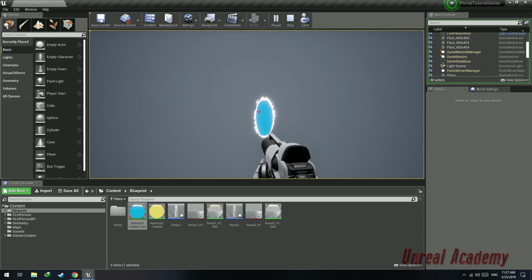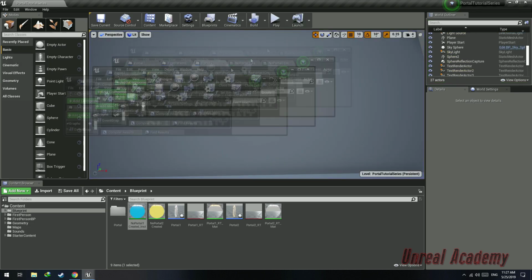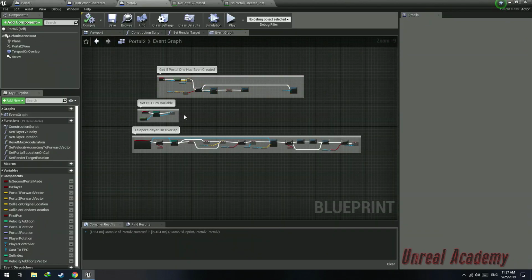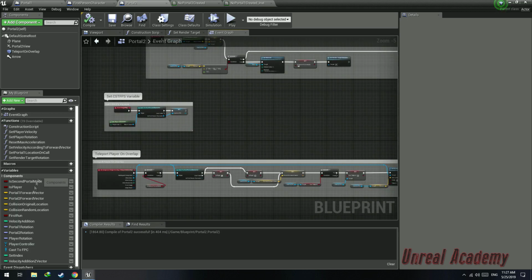If the player spawns the portal beneath himself, the player will not get teleported. To fix this issue, we're going to have to change the location of the collision upon creation and then set its location back to the original location. To do that, what we're going to do is on event begin play,